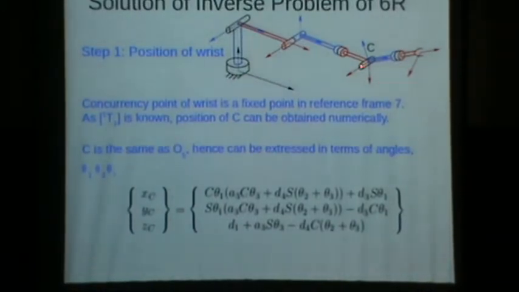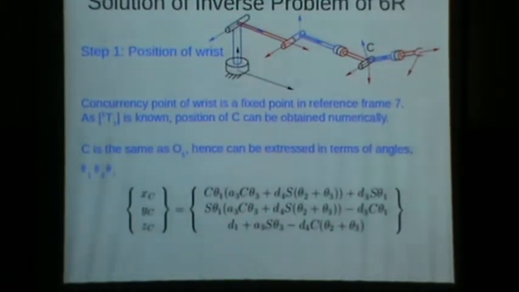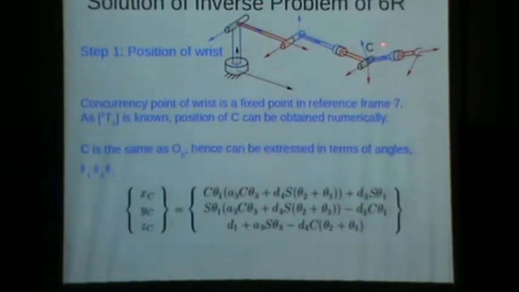What is meant by that is this particular point coincides with this angle, this particular axis. And that is what is meant by xc, yc being 0. It coincides with this central axis. When it coincides with this central axis, actually the angle that we are talking about, theta 1, is